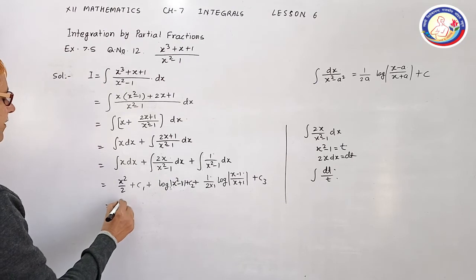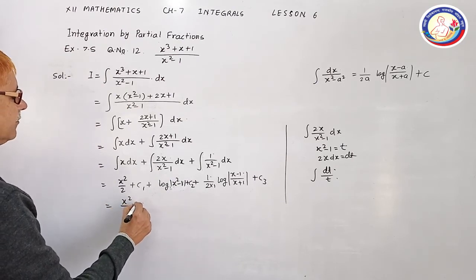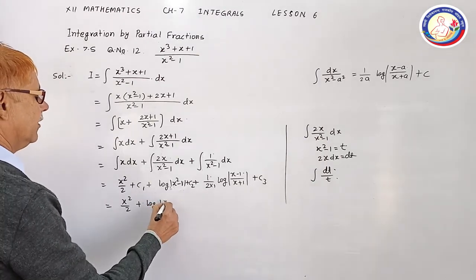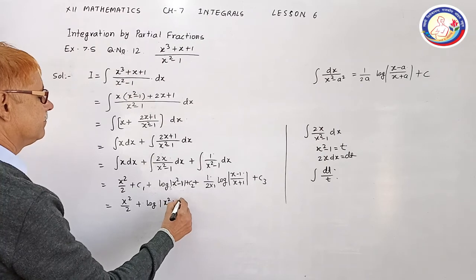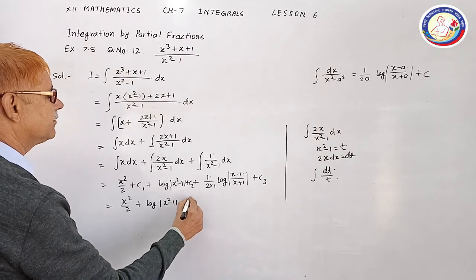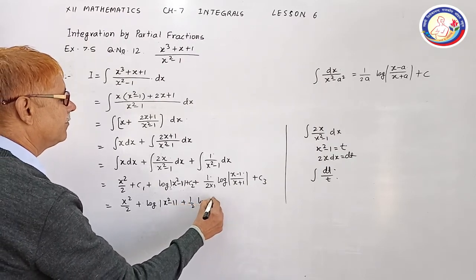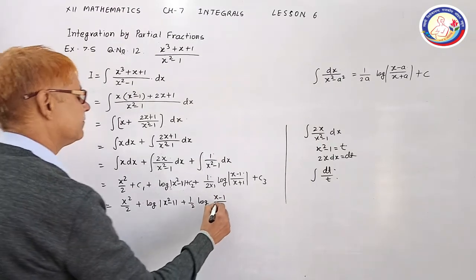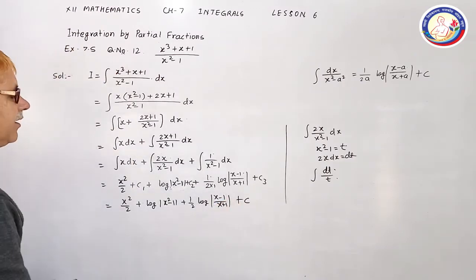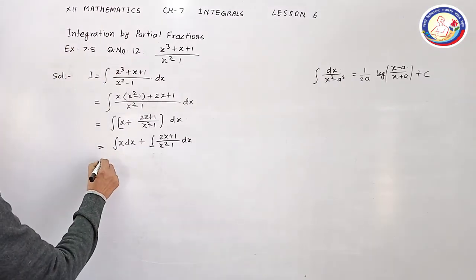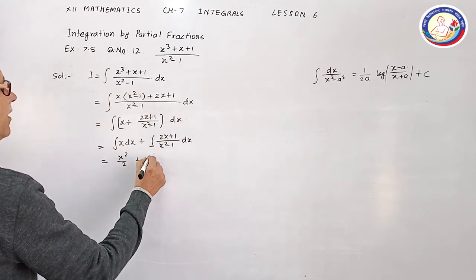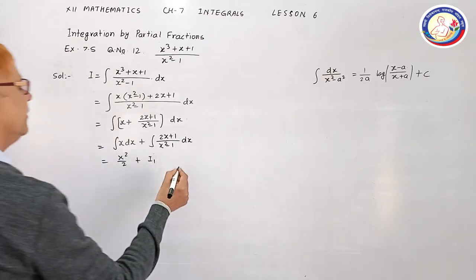So arrange them once again. x square upon 2 plus log of x square minus 1 plus 1 upon 2 log of x minus 1 upon x plus 1 and plus c. We can further simplify this. Say this integration is x square upon 2 plus, we may call it I1. So here I1 is